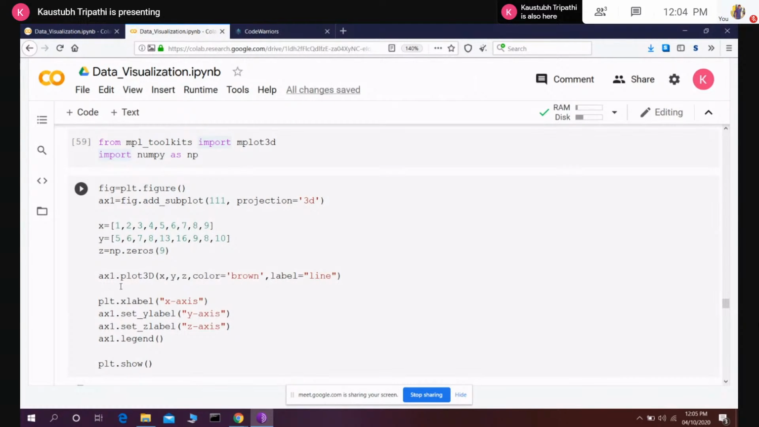Now I'm plotting this in 3D, so I provide this. Everything in the 3D graph is just like the 2D graphs. All the arguments inside of the 3D graph are like a 2D graph. It's just that one axis is added over here,